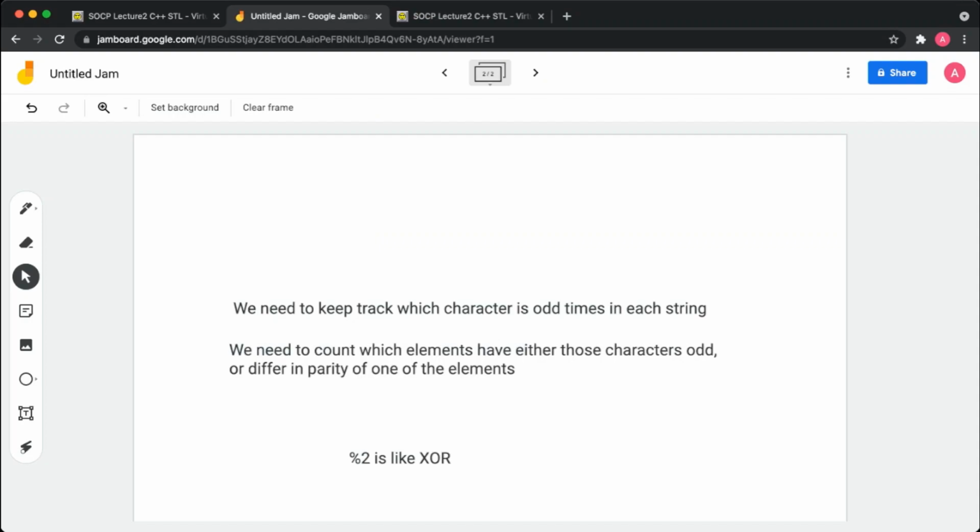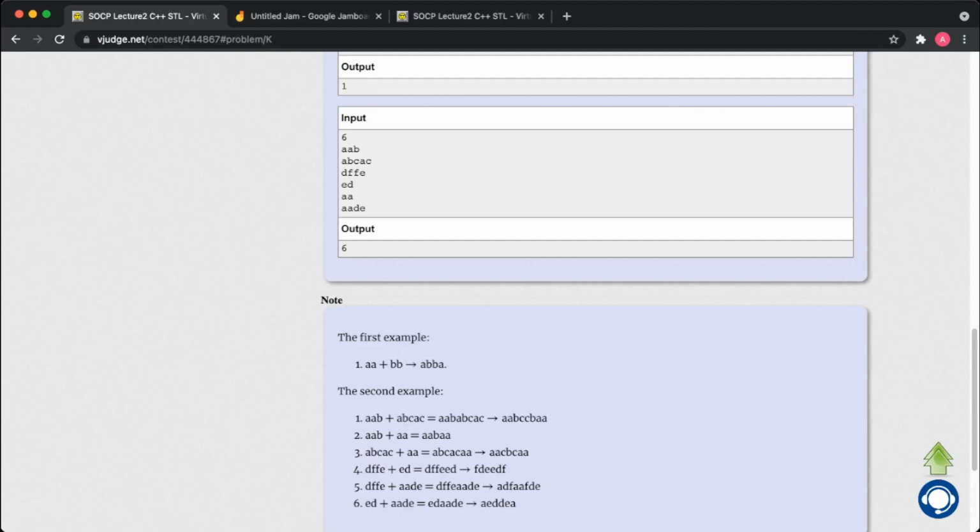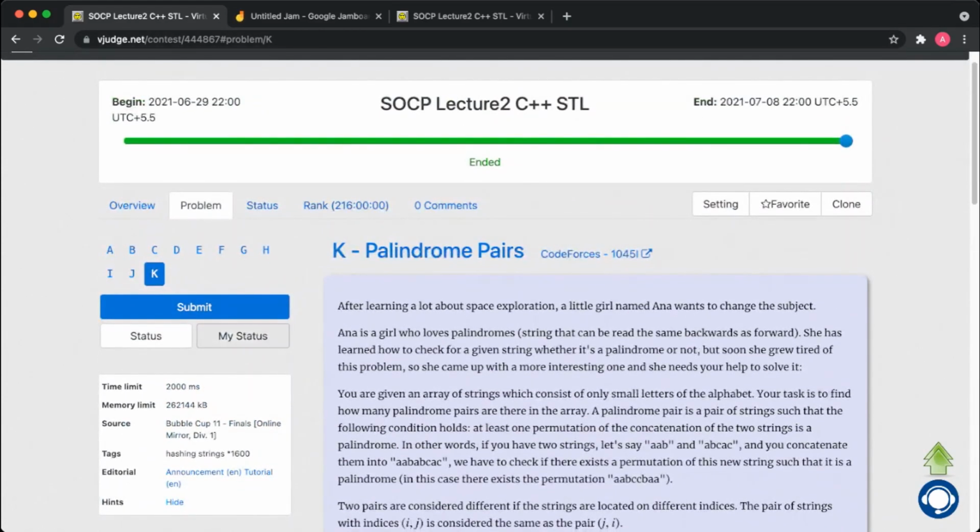And also you can see that the modulo operator is a bit like XOR. Even in the next problem we solve, there was a problem called ternary XOR, where they were taking mod by 3. So whenever you are taking mod by 2, you should get an intuition that you can use XOR here. So let's go to the code now.